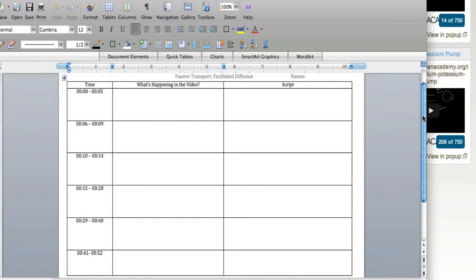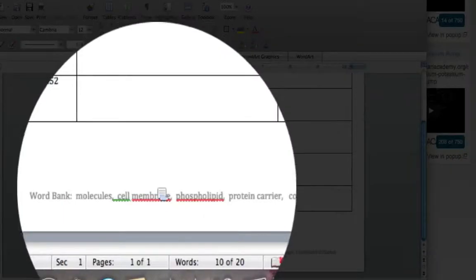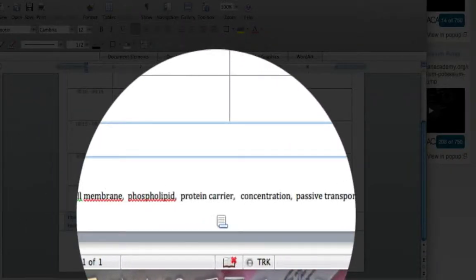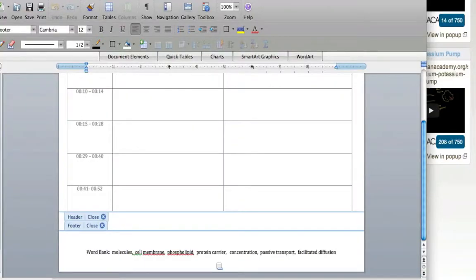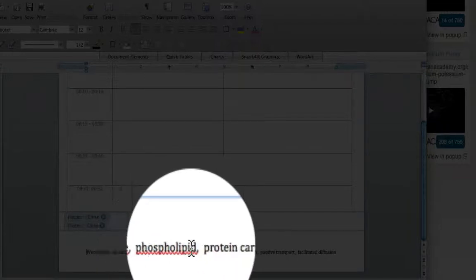And the main thing is for students to use vocabulary. So if I go to the bottom of the script, there is a word bank. And the word bank is kind of a checklist for students. So as they worked with partners, they needed to make sure that they use the words molecules, cell membrane, phospholipid,